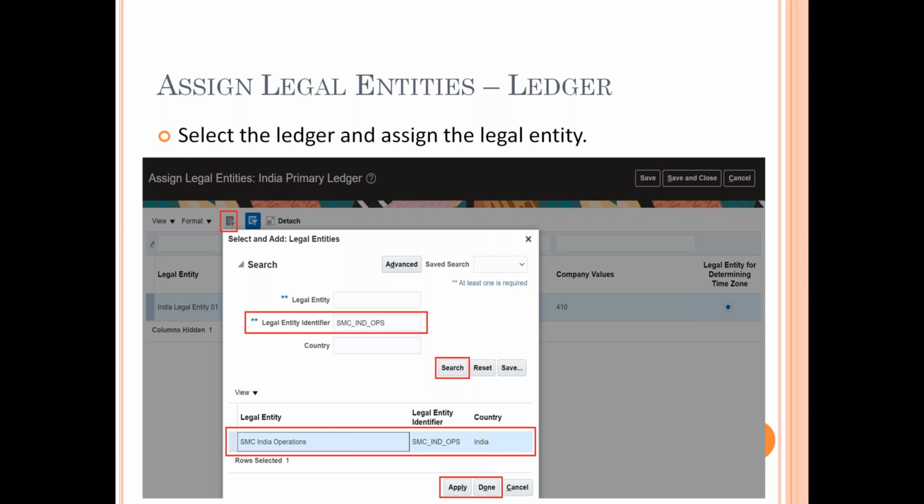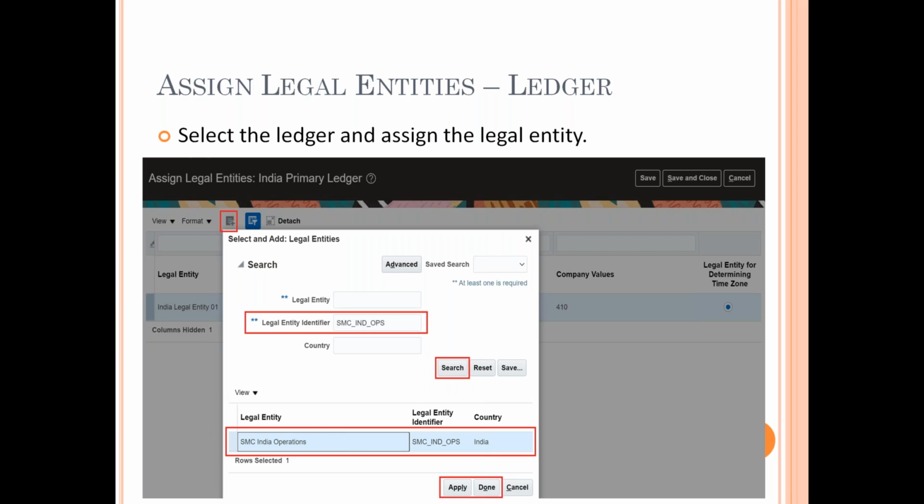Now, assigning the legal entity to a ledger is for financial purposes, for financial reporting, right, Anup? For data, how are you going to analyze the data? Like in the ledger, from where did the data come? From where did the transactions come, you need this LE, correct? Yes. So now once this is done, Anup, I'll go to the next part and perform the next operation.